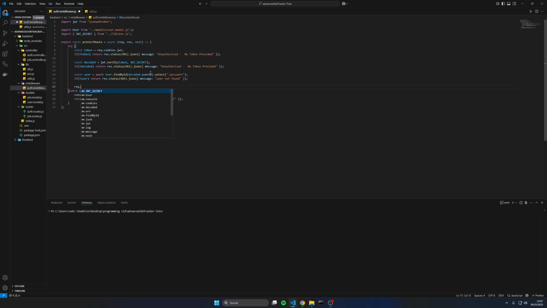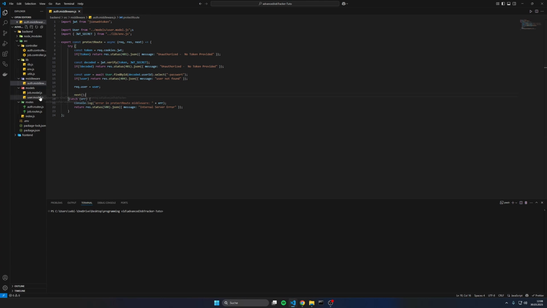And then we say request.user is equal to user, and because it is a middleware, and the middleware is between the API endpoint and the function from the API endpoint, we want to say next. So this next basically says we run all of this code, and then if it is finished, we are going next to either the next middleware or to the code for the API endpoint. And now we have our middleware,